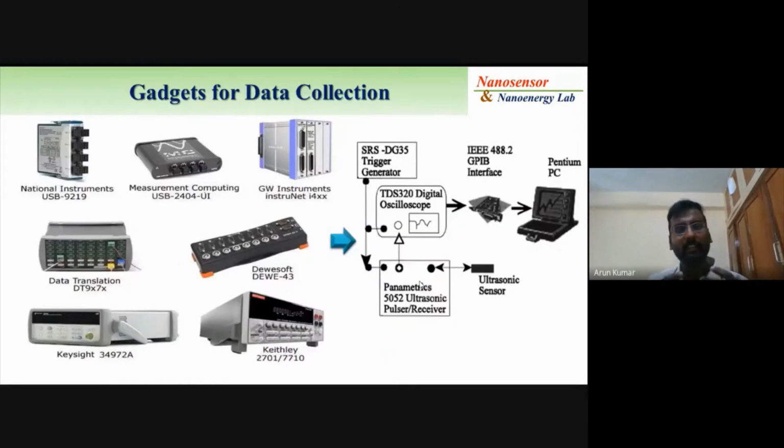Okay, so let's see the gadgets that we use, especially as engineers. A lot of gadgets are available in the market, but I'm going to name a few. The most important one is known as National Instruments. These are research-based instruments I'm talking about here. Apart from this, nowadays students and a lot of researchers use Arduino, Raspberry Pi, and also NodeMCU. These are small microcontroller boards they use to collect data. By using that board, they connect with a temperature sensor, humidity sensor. So that is a different path.